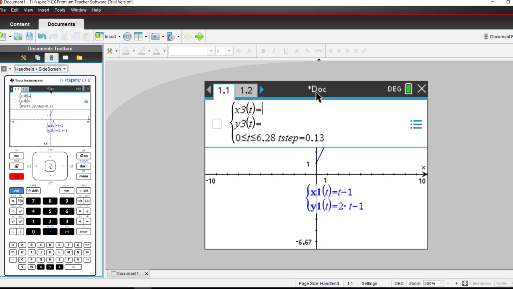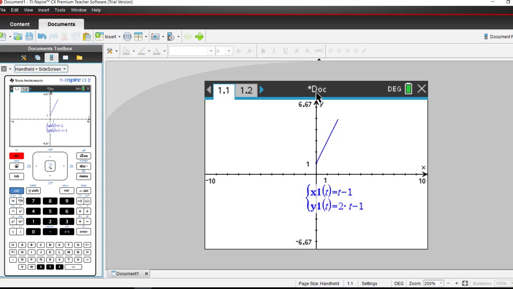I went ahead and put in the equations, and I changed my t-step. You can see it right there, between 1 and 3. And when I did that, I got this equation